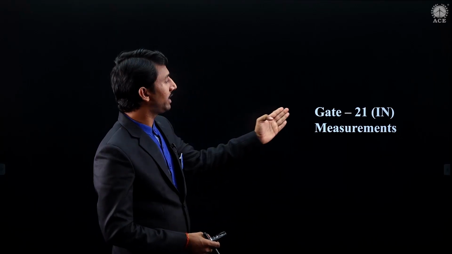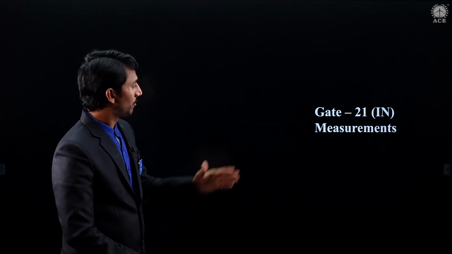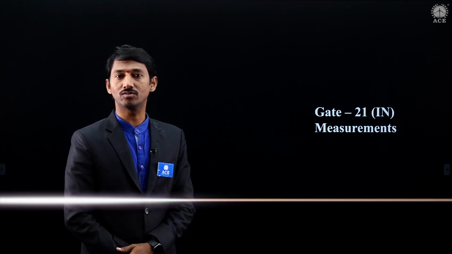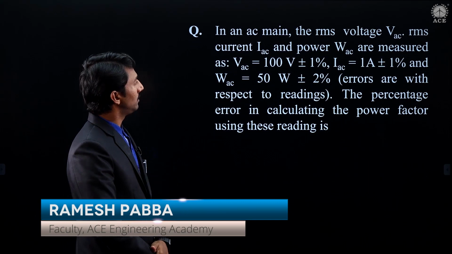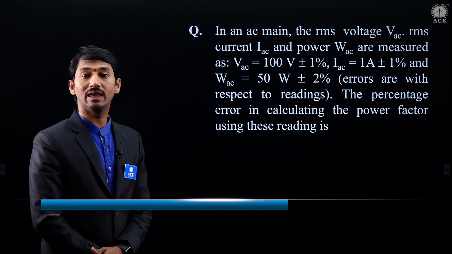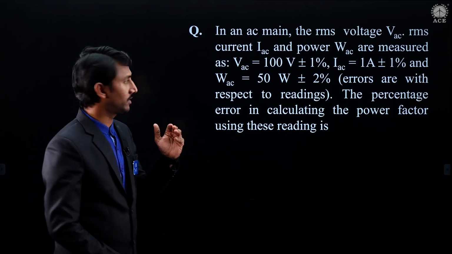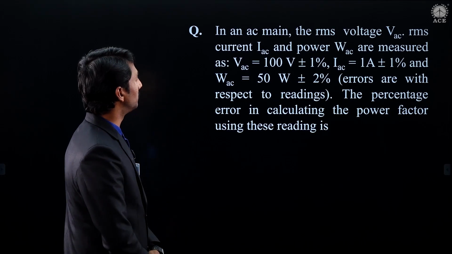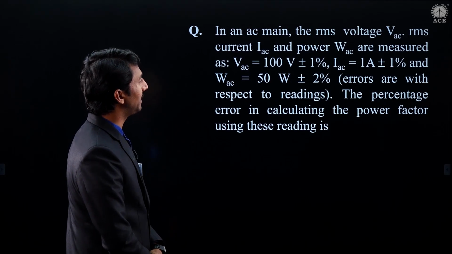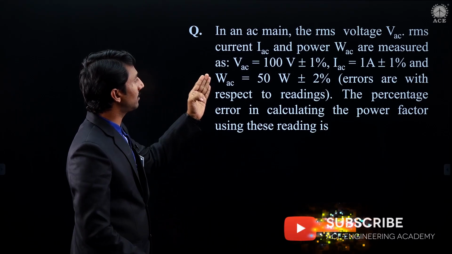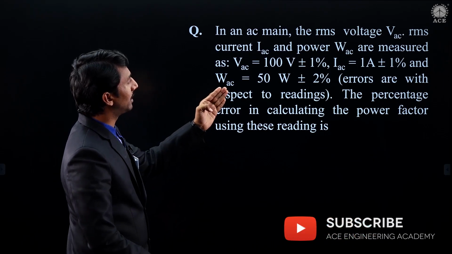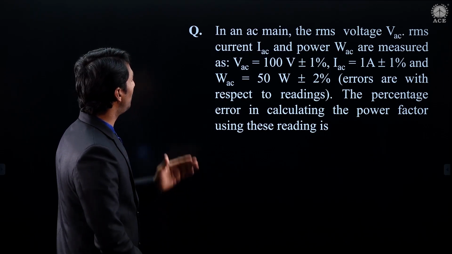GATE 2021 instrumentation paper from the measurement subject. Let us see the questions. The question here is related to the error analysis chapter. The question is, in an AC main, the RMS voltage VAC, RMS current IAC and power WAC are measured as,